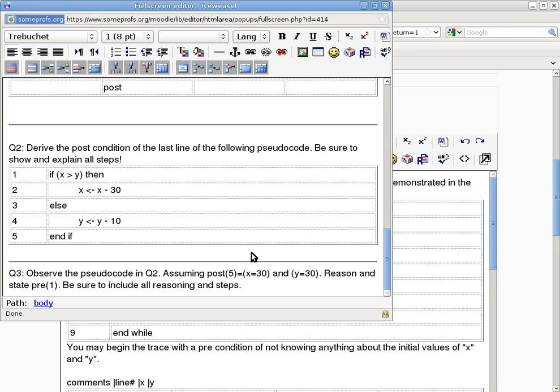Okay, here's question 2. Question 2 is to derive the postcondition of the last line of the following pseudocode. Be sure to show and explain all the steps. Now, since I did not give you a precondition, can anyone guess what the precondition will be? True. Just true, because I'll just be saying